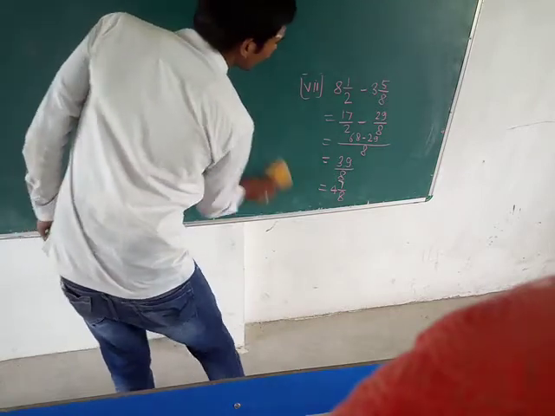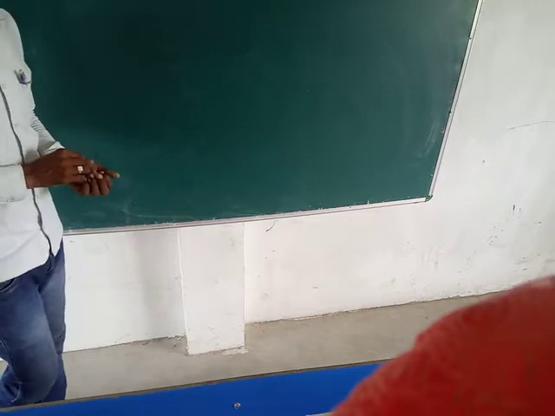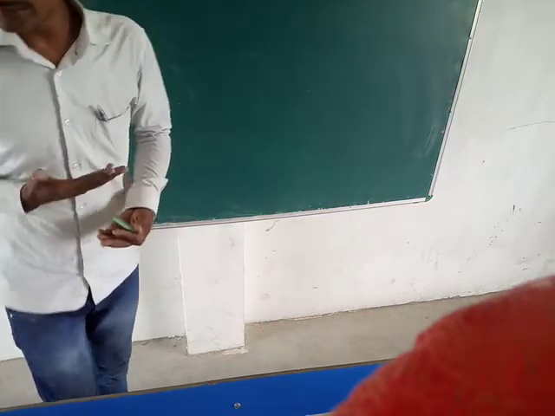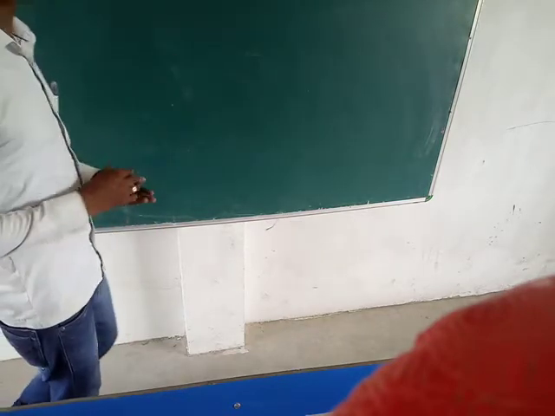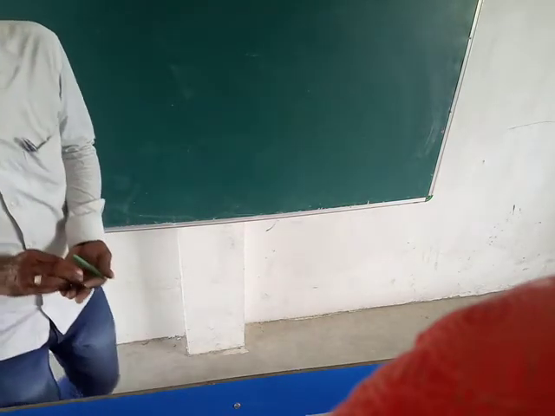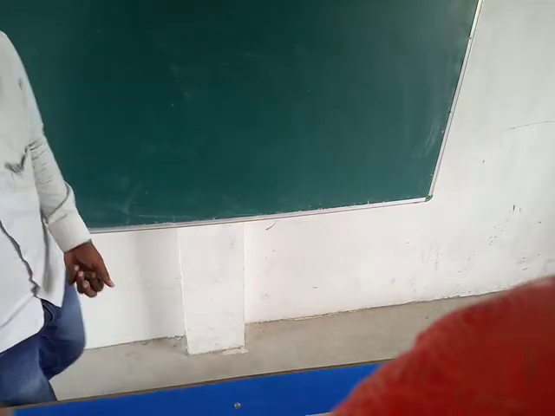What is descending order? When we go higher to lower, or increasing to decreasing, means जब हम इंक्रीजिंग से डिक्रीजिंग की तरफ जाते हैं तो उसको हम डिसेंडिंग ऑर्डर बोलते हैं, और जब डिक्रीजिंग से इंक्रीजिंग के ऑर्डर में जाते हैं तो उसको हम असेंडिंग ऑर्डर बोलते हैं। तो क्वेश्चन नंबर 2,